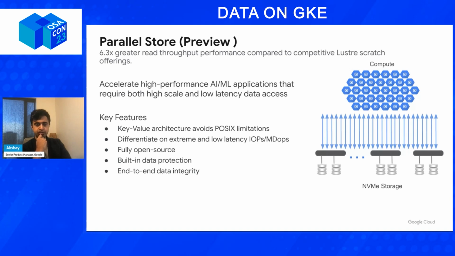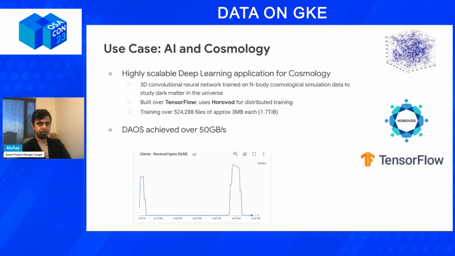So this is getting super popular now because, as you can imagine, a lot of customers want high throughput, low latency access to data. The nice thing about GCS Fuse is, you have the portability, but you have the throughput, but you don't have the latency. But with Parallel Store, you have both. You have throughput and latency. So that's something which customers can get out of the box with parallel file systems. And there's some of the use cases with Horovod and TensorFlow. We were able to achieve some really, really high